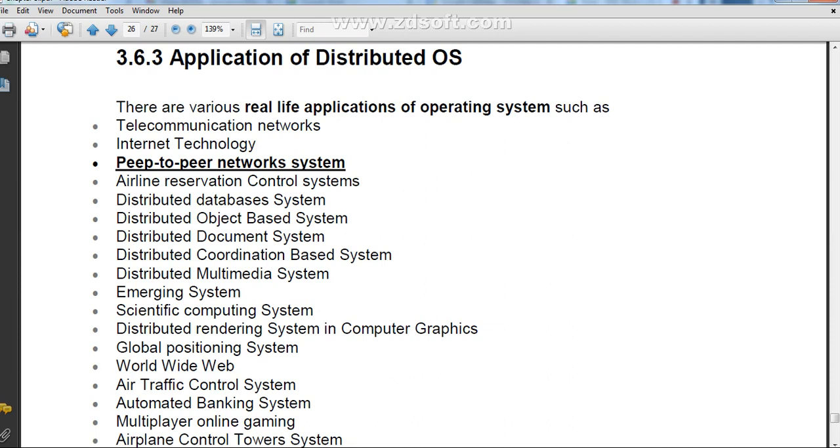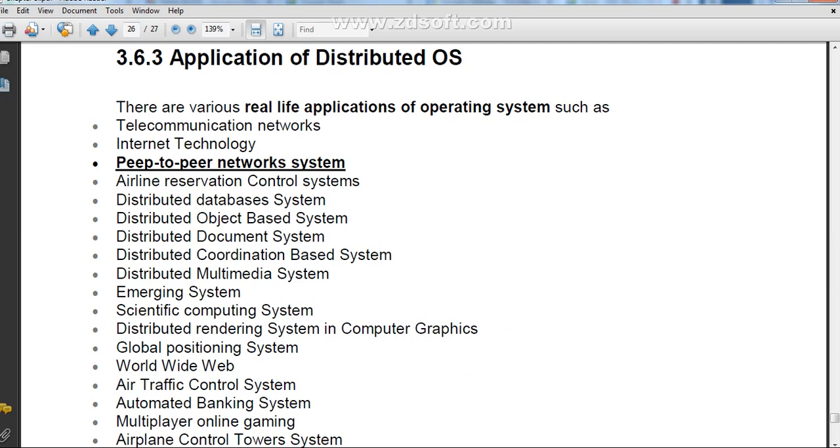There are various real life applications of this operating system, that is a distributed operating system, such as telecommunication network, that is internet technology, peer-to-peer network system, एयरलाइन रिजर्वेशन कंट्रोल सिस्टम, जैसे कि एयरलाइन रिजर्वेशन में भी डिस्ट्रीब्यूटेड ऑपरेटिंग सिस्टम यूज़ होता है, also railway booking reservation, they use the distributed operating system.